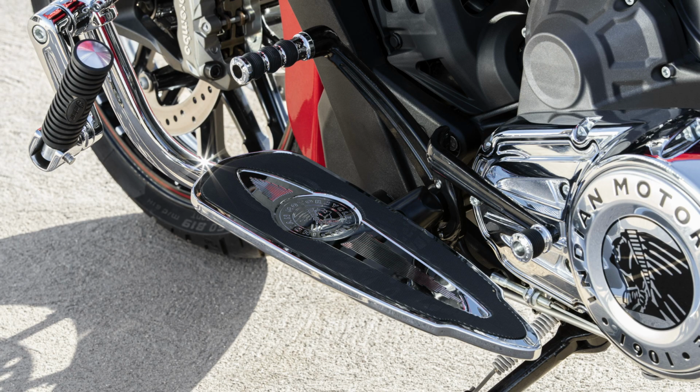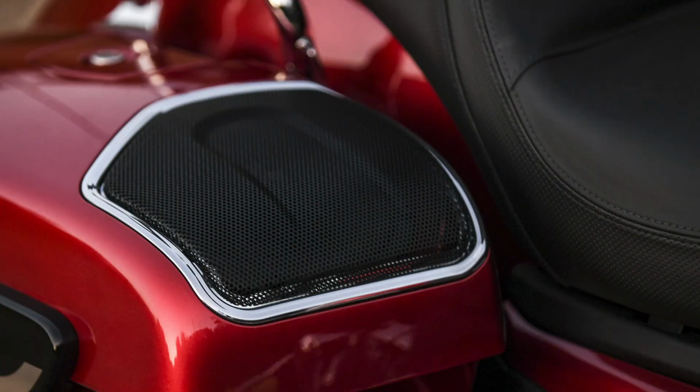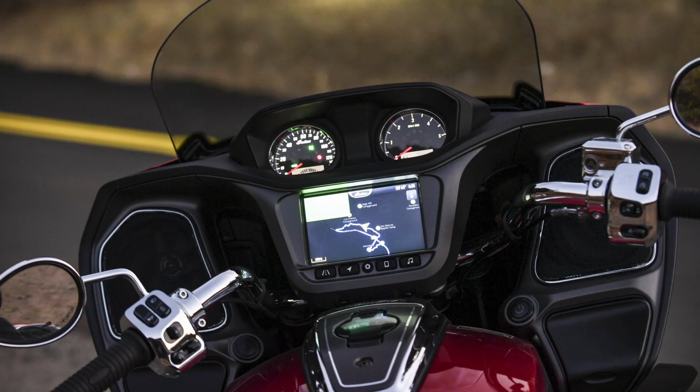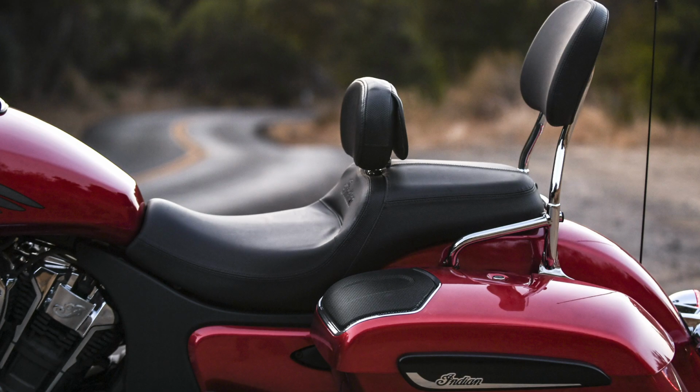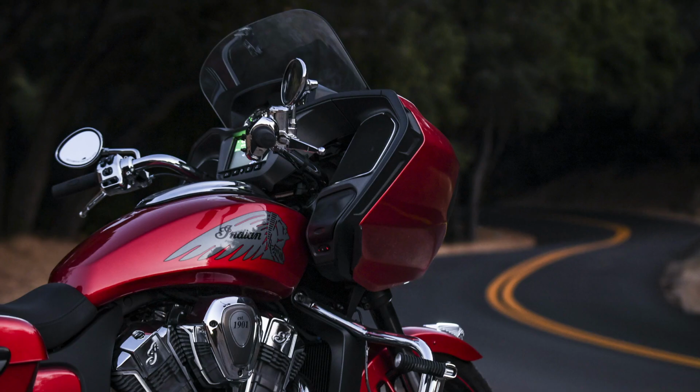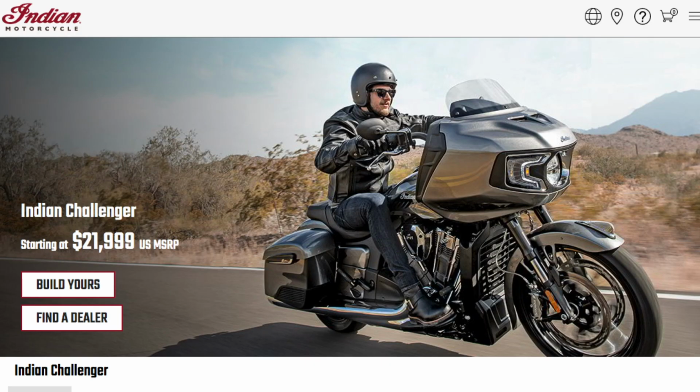Lastly, potential Challenger owners have the option to upgrade their audio with the Powerband Audio Plus system, which Indian says delivers improved sound and clarity from high-output fairing and saddlebag speakers that are 50% louder than the Challenger's stock audio system. There's no price as of yet in the UK, but in the US, the regular model is priced at